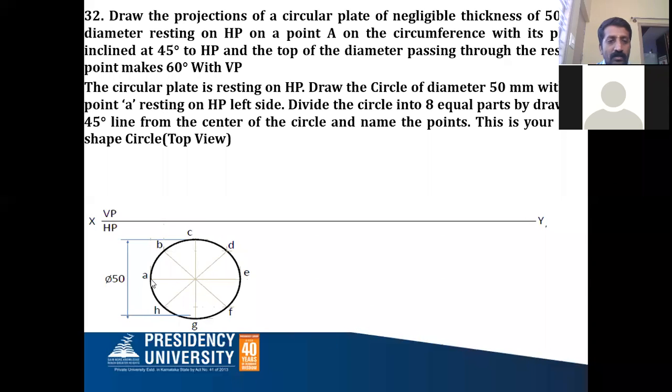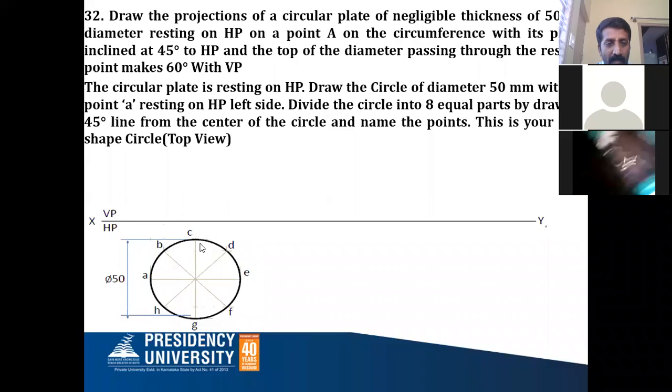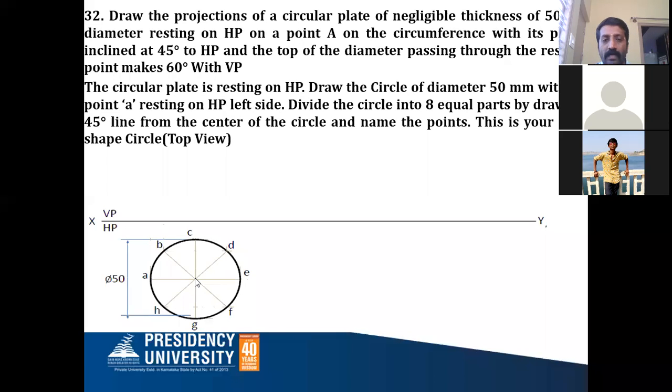First you draw the horizontal line passing through the center. Then it is divided into 2 equal parts. Draw the vertical line like this passing through the center. Now it is divided into 4 equal parts. Now you draw a 45-degree line passing through the center from here, and from here also a 45-degree line like this. These lines should be as light as possible.